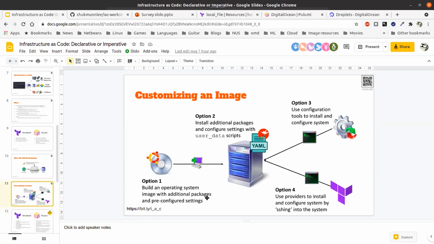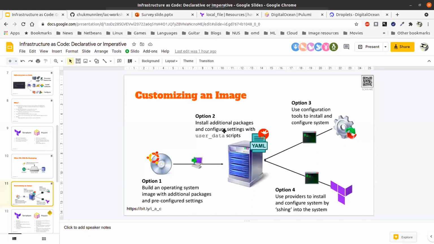However, sometimes doing this may actually take time. Okay, it may be quite long, right? So the second way to do it is to use something called user data. User data allows you to run a script during the early boot stages. So this script can be anything. The script can be installing packages, configuring network interfaces, firewall rules, etc. Okay, so that's the second way. And this one, you do it during the provisioning of the image.